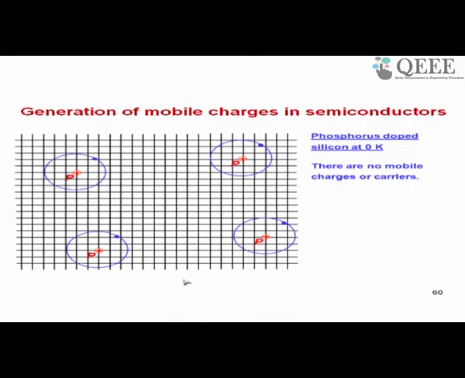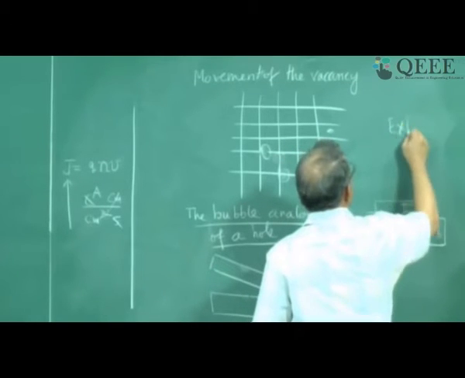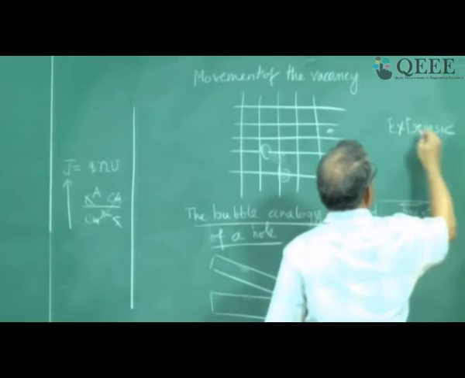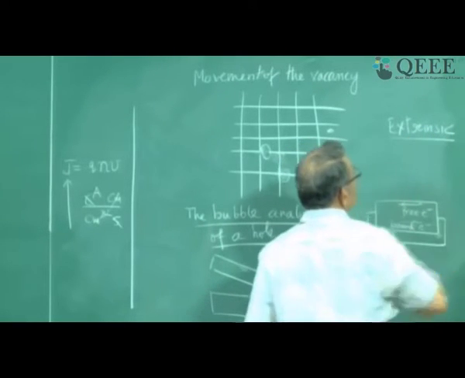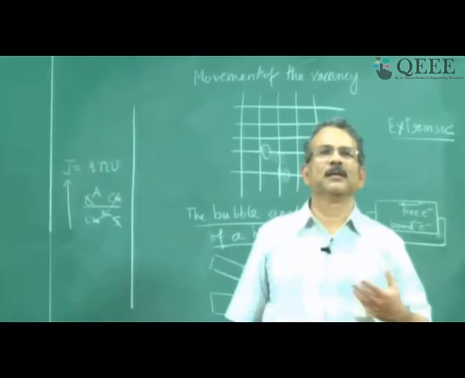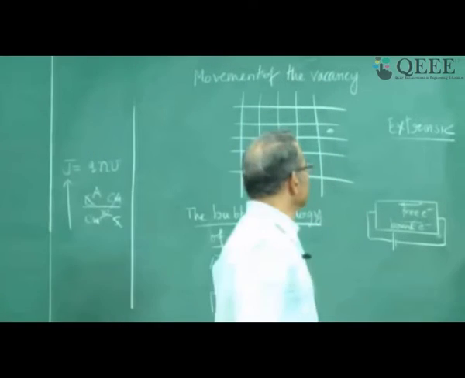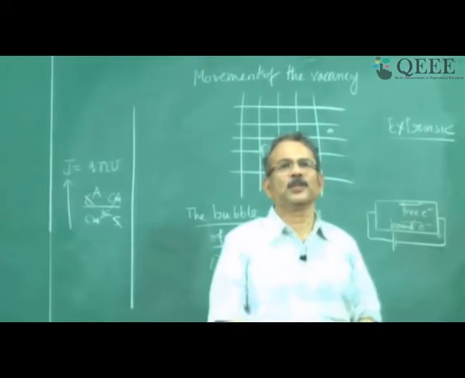Now, we have looked at the intrinsic semiconductor so far. Now let us look at extrinsic semiconductor. That is phosphorus doped silicon. We have introduced impurity phosphorus. How will the semiconductor now behave? As against intrinsic semiconductor, if you add impurities to it or if there are defects, it is called an extrinsic semiconductor. Intrinsic means it is almost pure. Extrinsic means it contains defects or impurities, opposite of intrinsic.